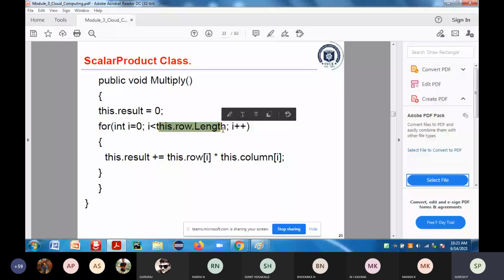Now once that is done, you have to compute the result. Row of I, up to this particular length.